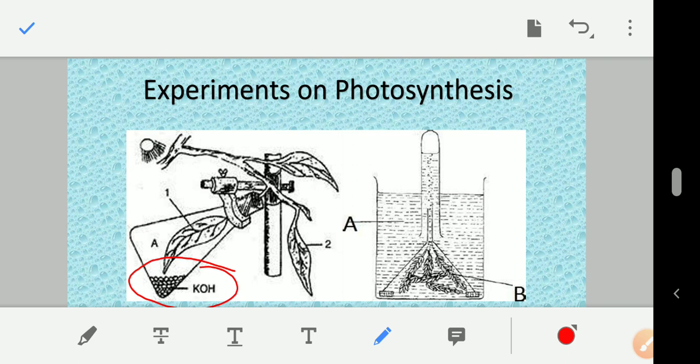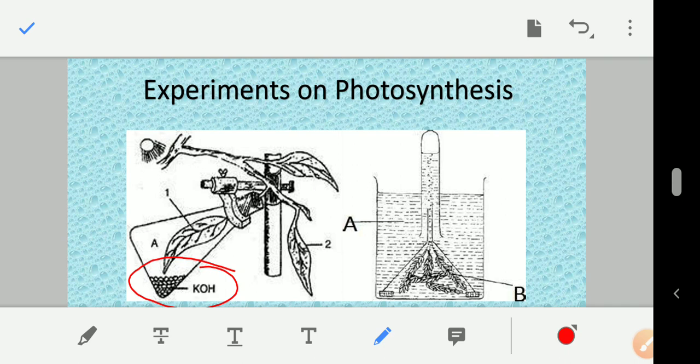Leaf 1, on exposure to the starch test when iodine solution is added, does not impart blue black color, which shows absence of starch. It means in absence of carbon dioxide, starch is not produced. In leaf 2, carbon dioxide is available, so it shows the presence of starch. And on exposure to iodine solution in the starch test, it shows blue black color.